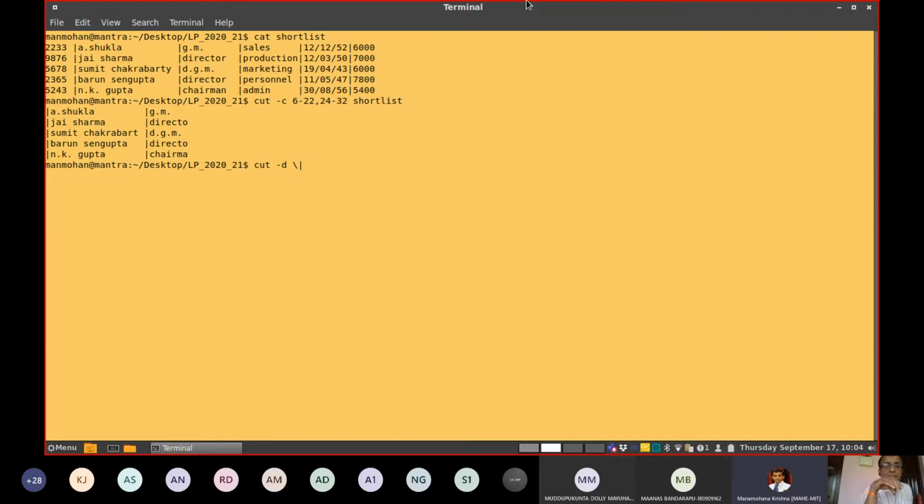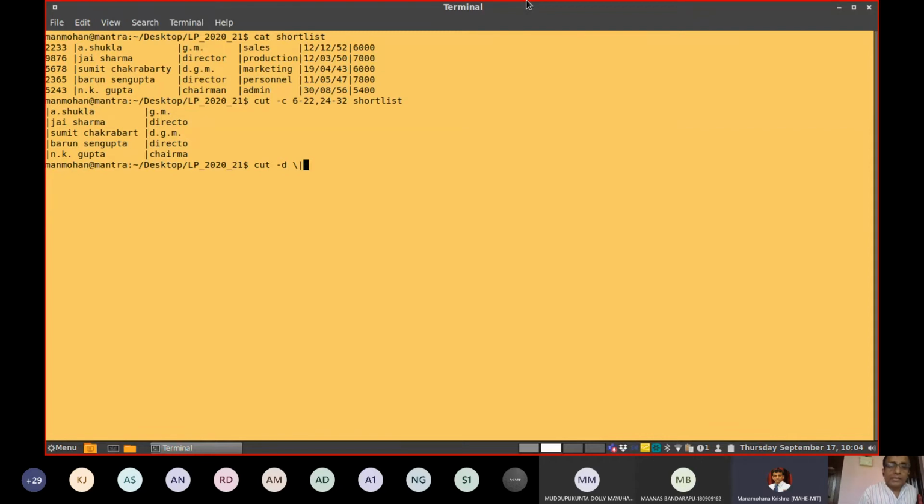The purpose of the slash is to change the original meaning of that vertical line, which stands for the pipe command. So here we are using it as a delimiter, not as a pipe command. That's why I write it along with the slash, to undo the original meaning of that vertical line.